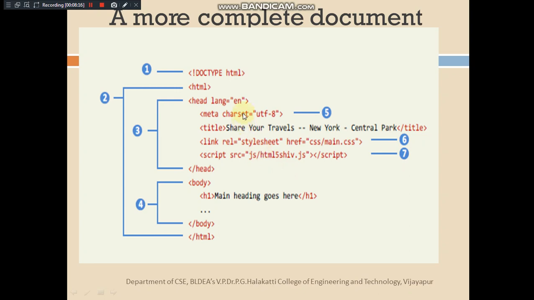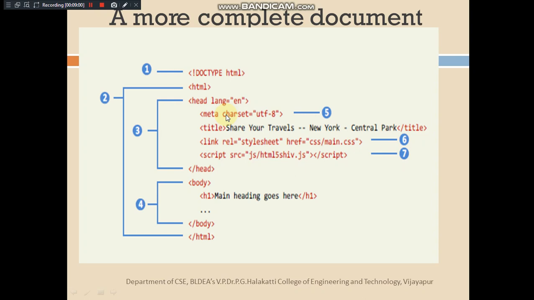Here is a little bit bigger document, as you can observe. After that we have used the html tag and head, and we have specified the language as English, en. Some meta tag is used, then title is used. It is linked to a style sheet, and the attribute href stands for hyperlink reference. This we have used in the anchor tag also, which usually has the value of a file or a web page. So here it is indicating the location of a file. Then script, closing the head, then the actual content of your web page starts with the body tag, h1 and others. Here I have numbered these lines with different numbering.